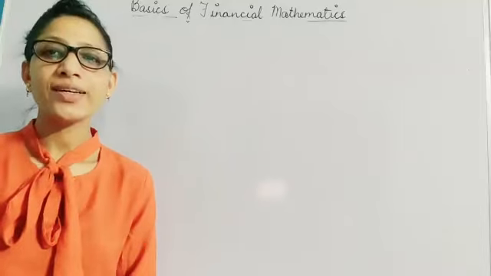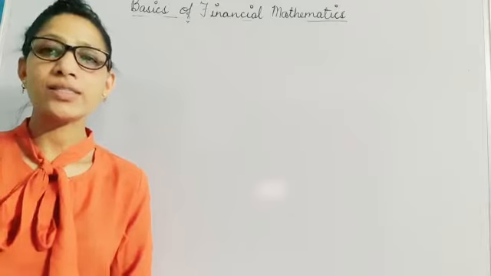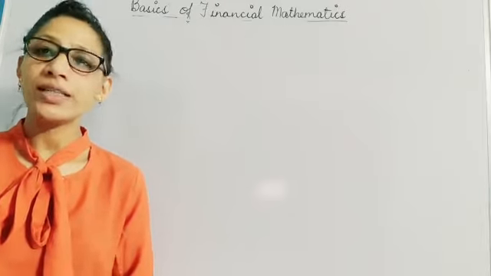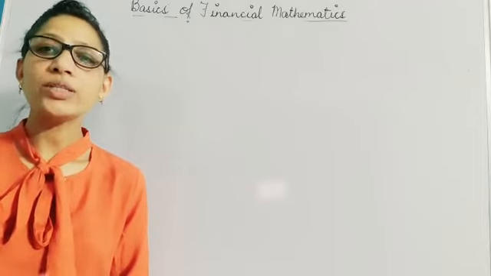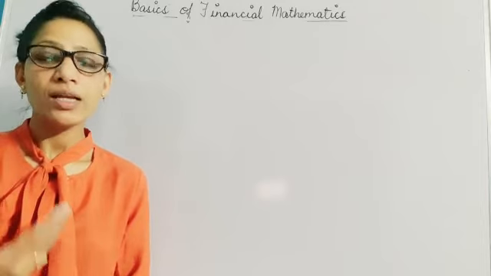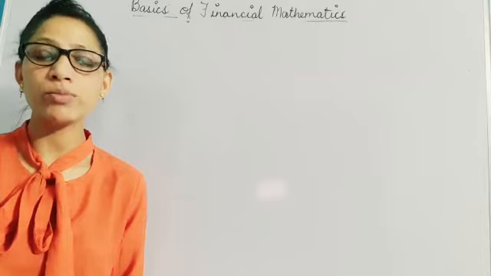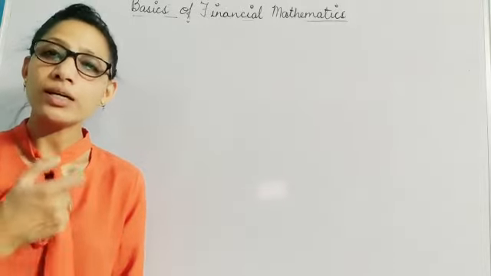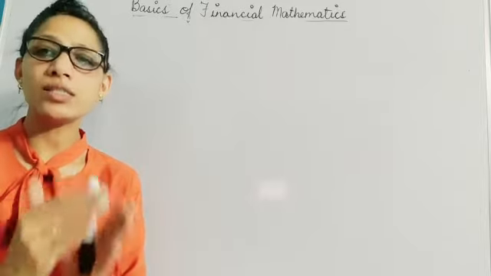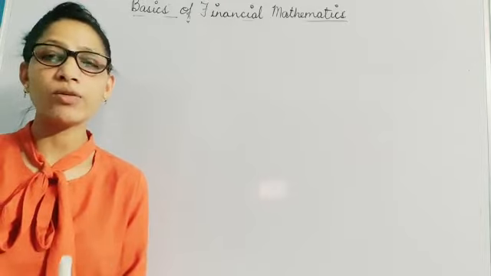Hi everyone. In continuation with basics of financial mathematics, let us discuss a very common word which is used in day-to-day life, that is annuity. Annuity is actually the annual payment which you are making. Like if you are paying a home loan or LIC premiums, then you are paying a sum of money after equal intervals of time, and this sequence of your equal payments after equal intervals of time is